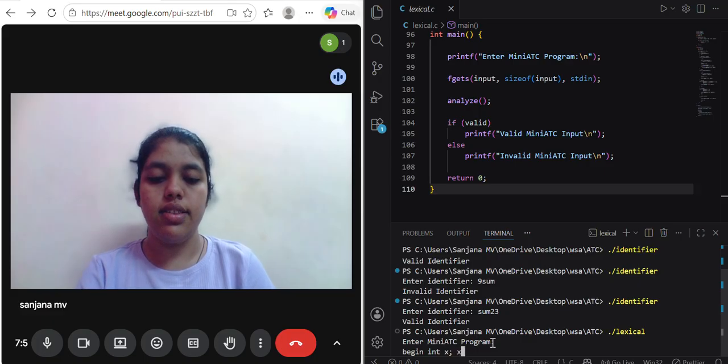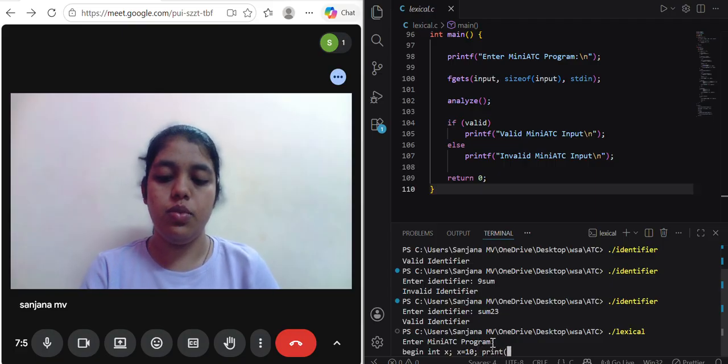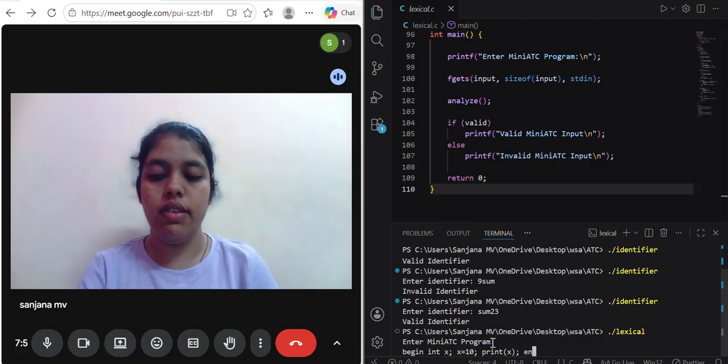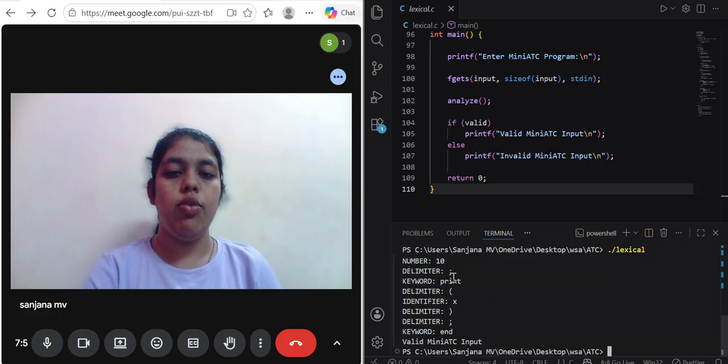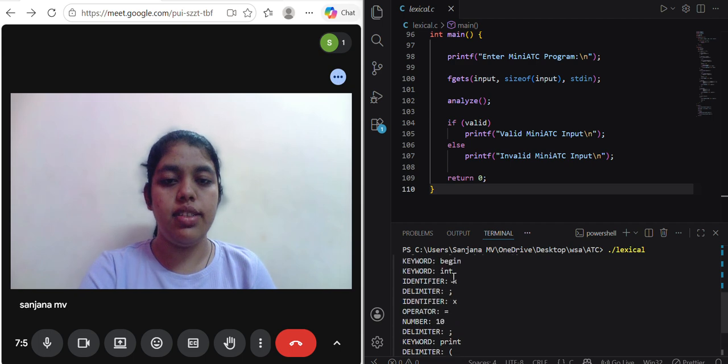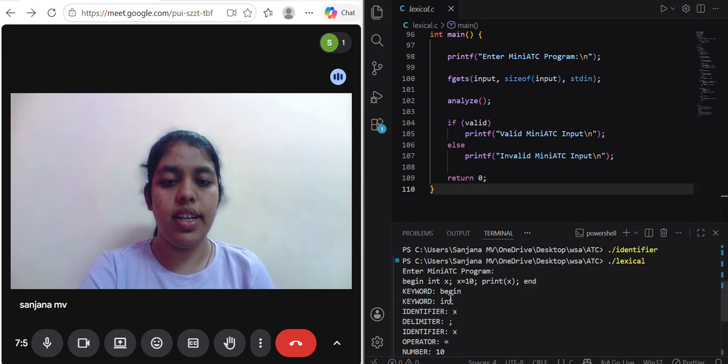So then x I will initialize with 10. Then I will print x with a semicolon. Then I will give end. So then it will show me what all I have, meaning what are the keywords I have,